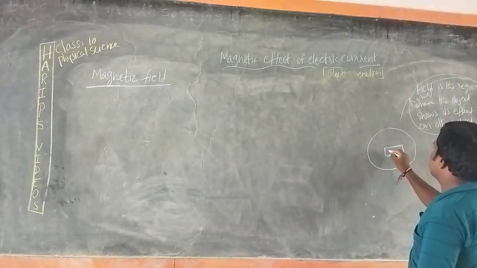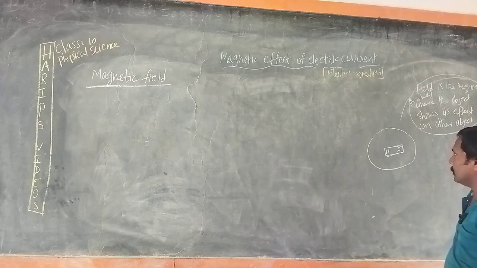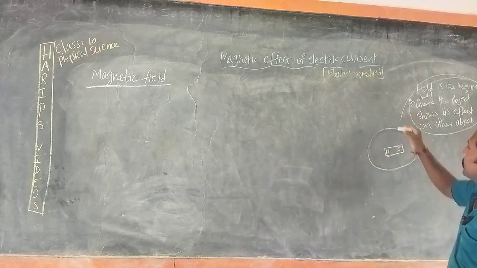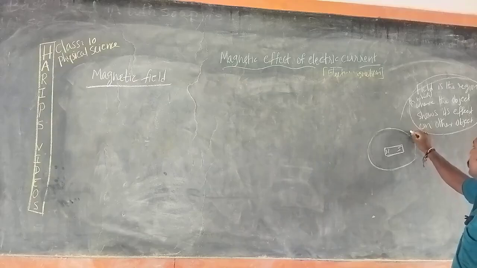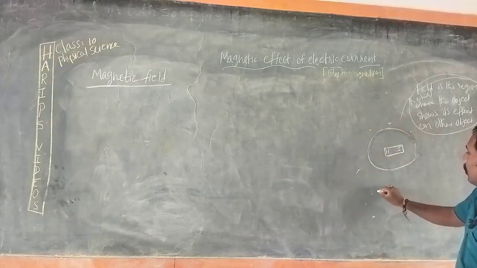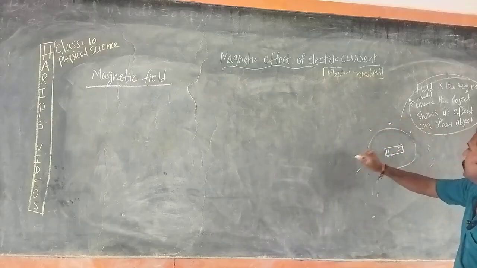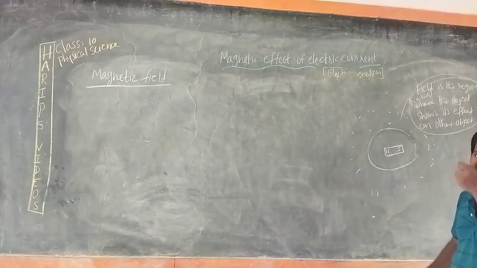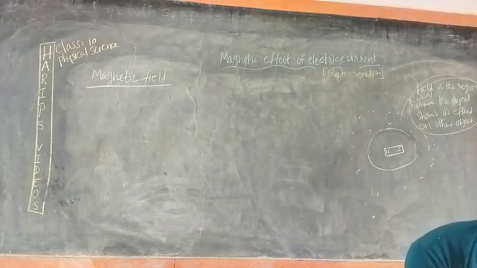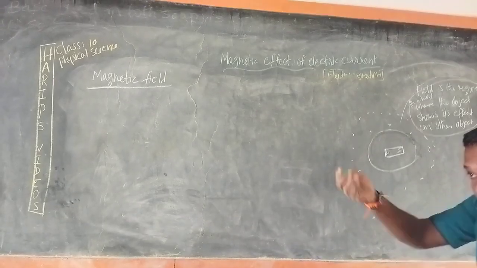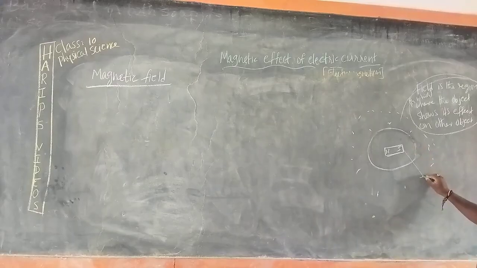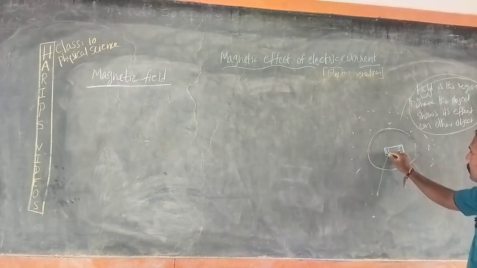So when you place a bar magnet here, and we sprinkle or place some other magnets or any magnetic substances like iron in different places, the magnet attracts or shows the magnetic effect here,